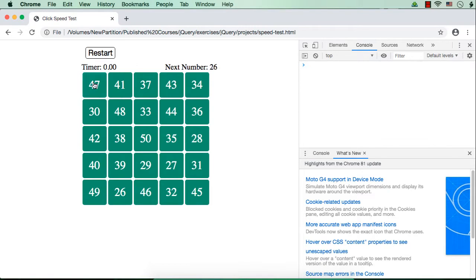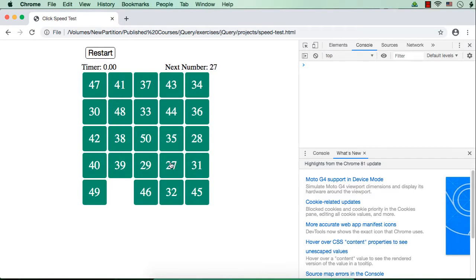If I click 25, the next number is now 26. So if we click when the next number is 26, we will not be able to see all the numbers, that is, the numbers from 26 to 50. Now when I click the number 26, where is it? See, we don't have any other number to display here. So we can make that space empty by just specifying the background color of that div element to be white.